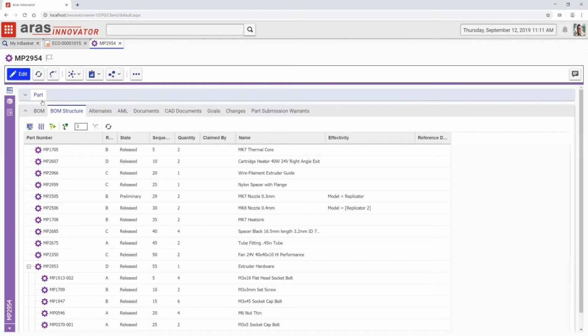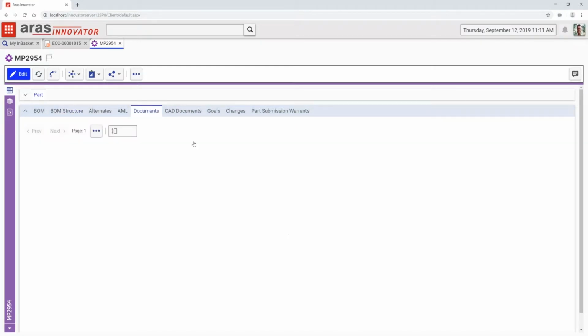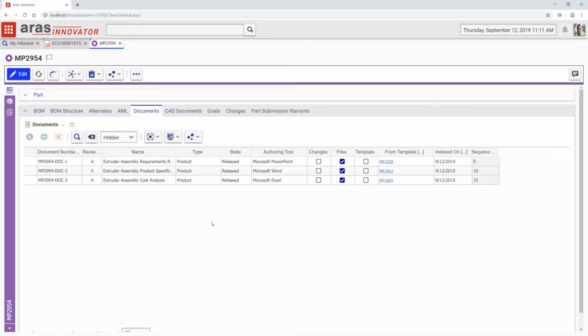But really, the BOM itself is just a part of the story. There's a lot more relevant information that we may need to access for various purposes. Let's talk about three different scenarios. I may need to access information like Office documents in order to edit or even create new documents, make changes, create and attach, which I can do very easily here.